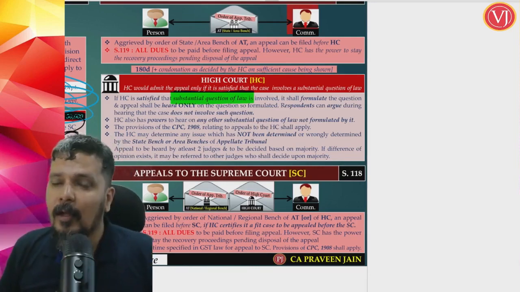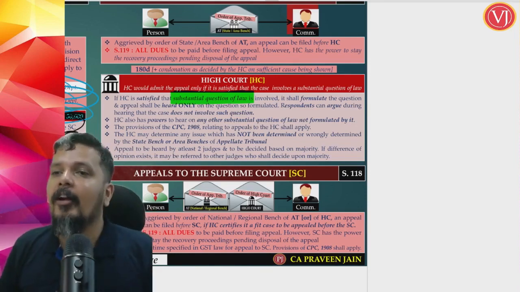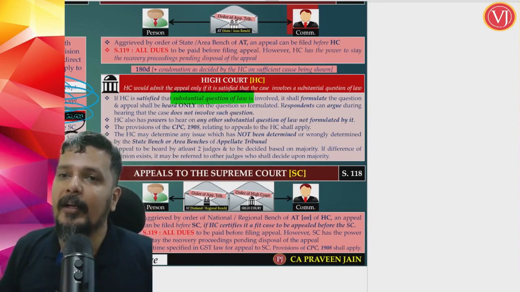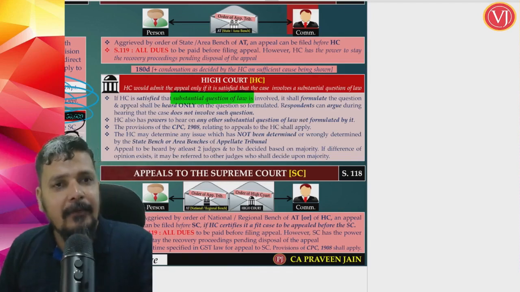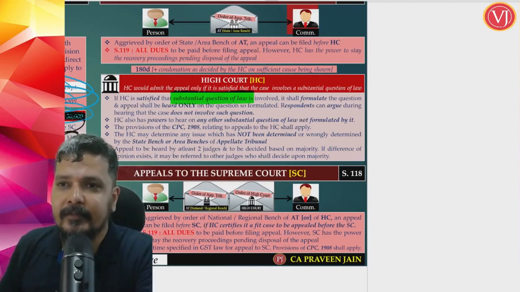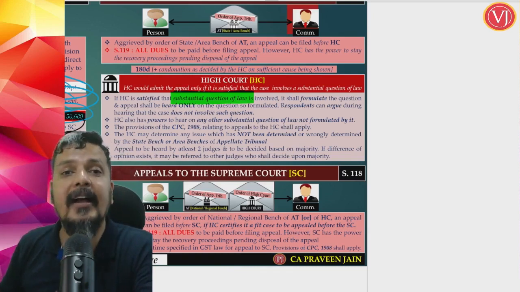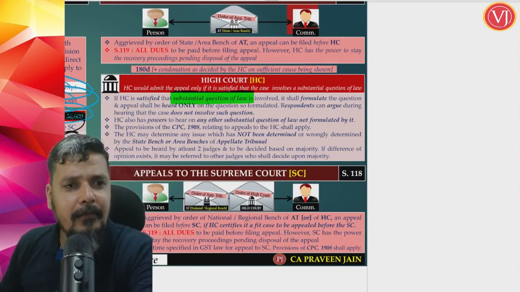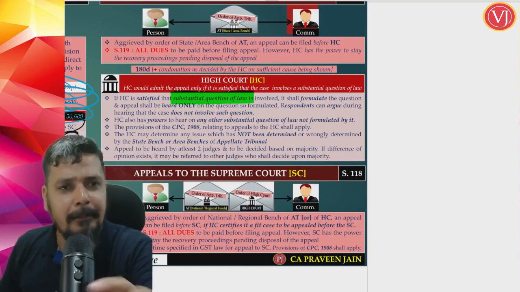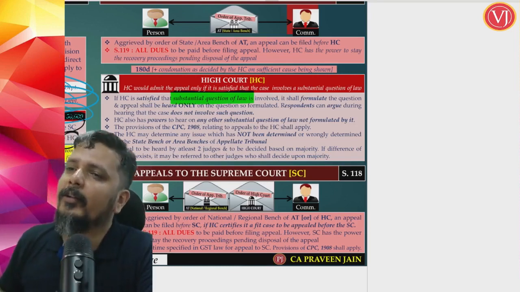Entire amount. Entire tax, interest, penalty. But High Court and Supreme Court have extraordinary powers to waive it. By default, you have to pay the entire pre-deposit. Now no more 10%, 20% and all, and that too only of tax. Now you have to pay entire dues. Full tax, full interest, full penalty. Whatever is pending, paid fully. But can you get